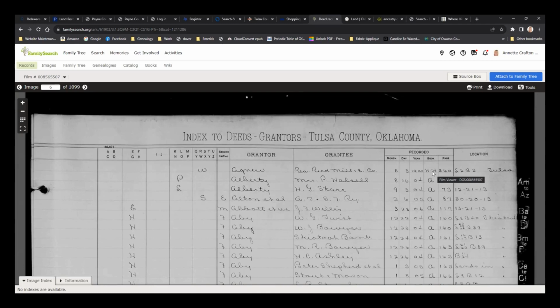Even when you're looking at the newspaper records and they publish the notice about somebody filing a deed, it's telling you the date it's recorded with the county, not the date that they signed it and gave it to the other person. This one has a book and page number. That's what you're going to need when you go to the county and get that record. That's going to be the quickest way to get that record.